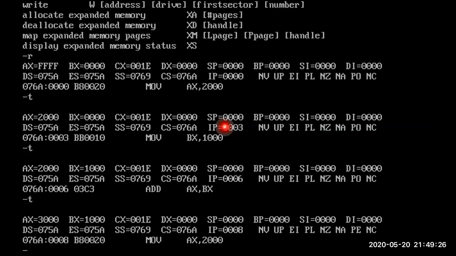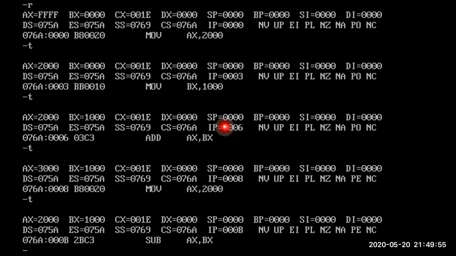And next, again I'm initializing AX. Every time, the accumulator, which we call the processing register, stores the result. So every time the AX value will change. That's why for every operation, whether subtraction, division, or multiplication, I'm changing the value of AX. So here trace: if you press T, now AX is initialized to 2000.